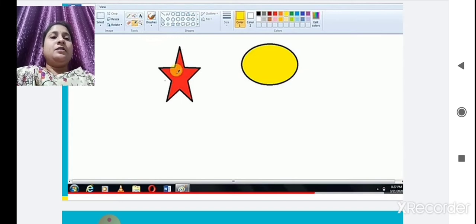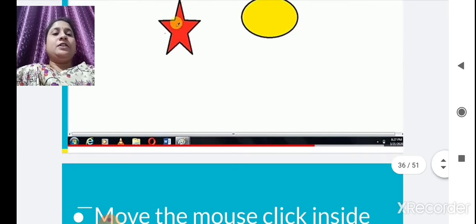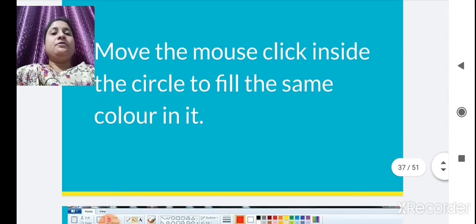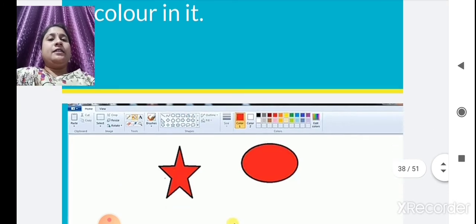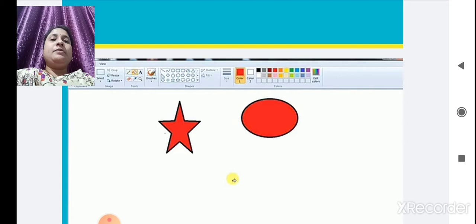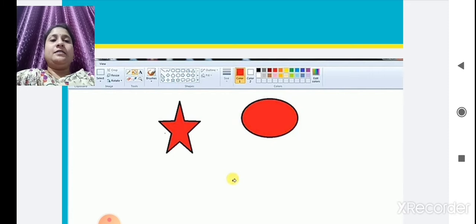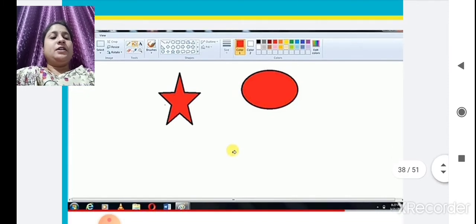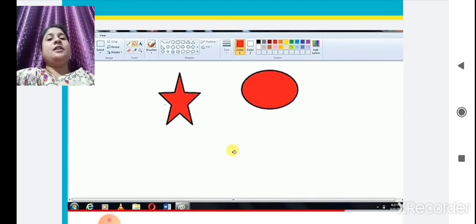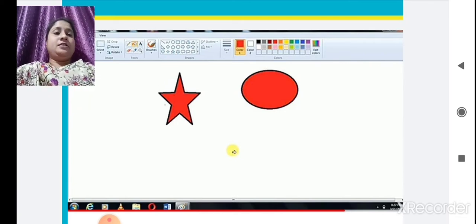After clicking, come back to your yellow oval shape. Okay, after clicking that, it will give you the effect of red color. So the star and oval shape will become the same color. So this yellow will change into red color. Got it? This is the use of color picker. Yes.